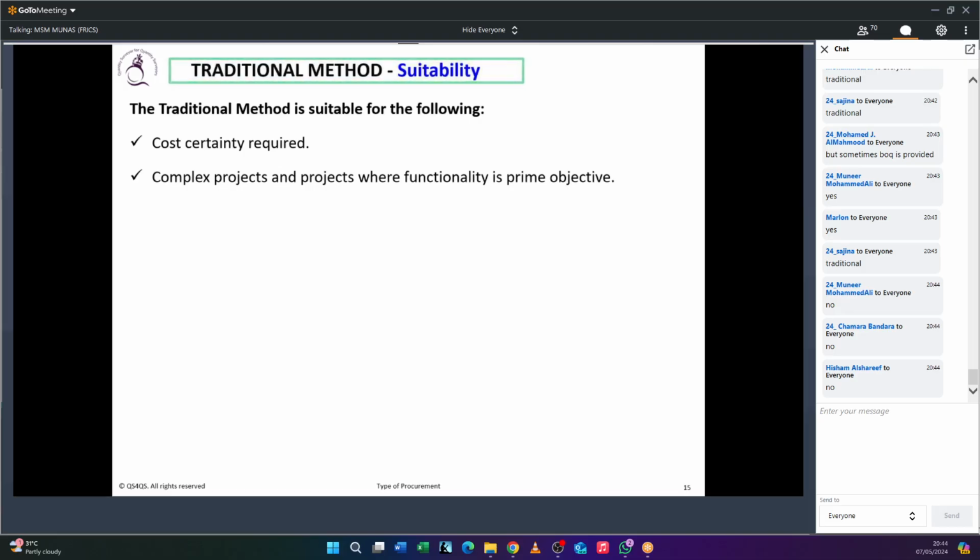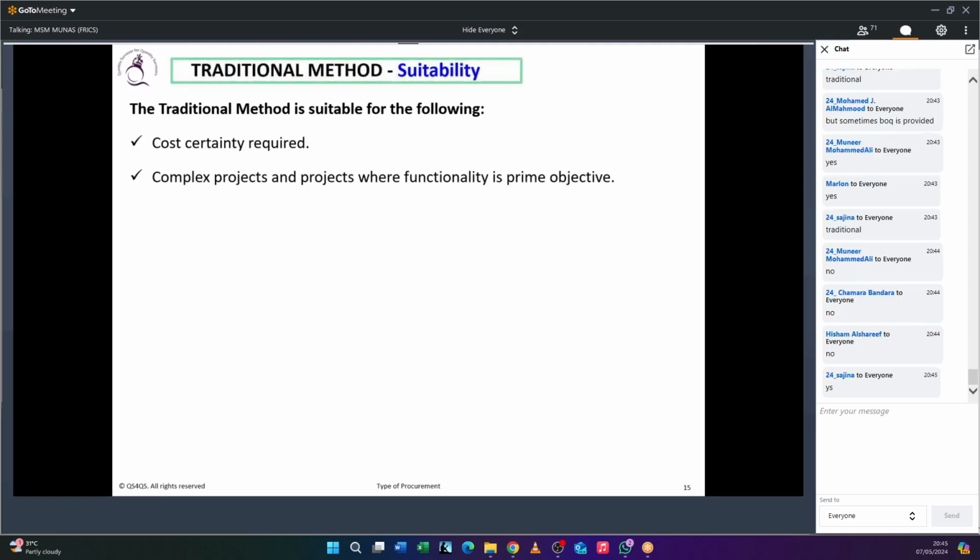Now let's say one building is an apartment building, but the ground floor is for a shopping complex, the first and second floors for office spaces, the third and fourth floors for different purposes, and the fifth and above is going to be apartments. Now, tell me, is it a complex or simple building?